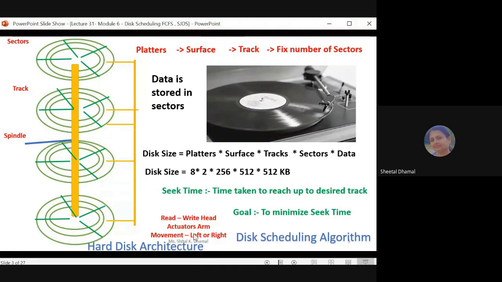So what is the aim of the disk scheduling algorithm? By using the disk scheduling algorithm, we will try to reduce this time which is required by an operating system to locate the desired